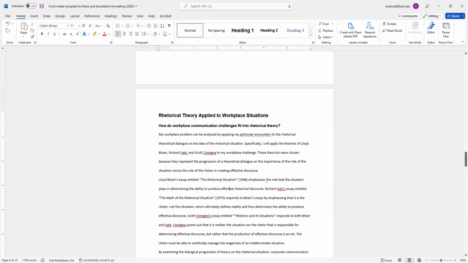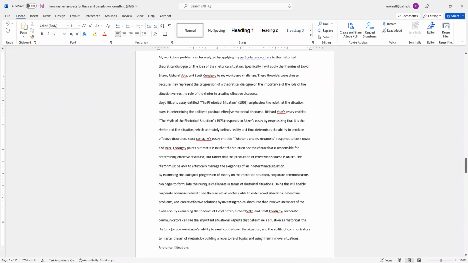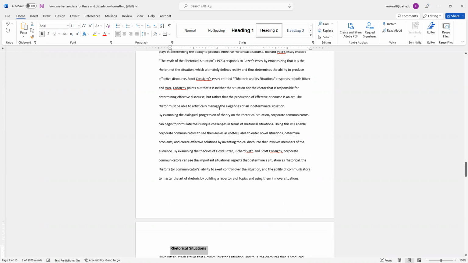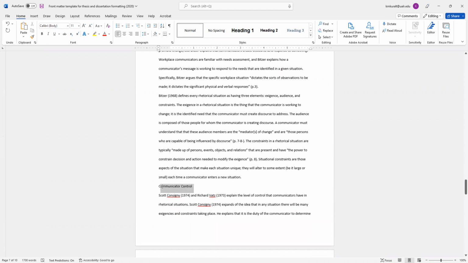Now look at how much easier this is going to be going forward. Once you've defined the style the way you want it to exist the first time, now when you have future headings, I can just come in here. See, I want to figure out how to get rid of that tab. That's really annoying. I don't know why it keeps doing that, but it doesn't matter. I just move it back over. And let's say this is another subheading. Scoot it back over.